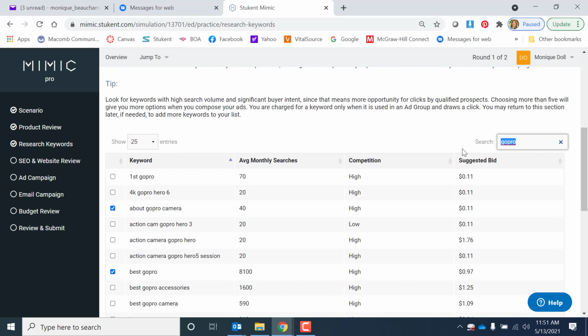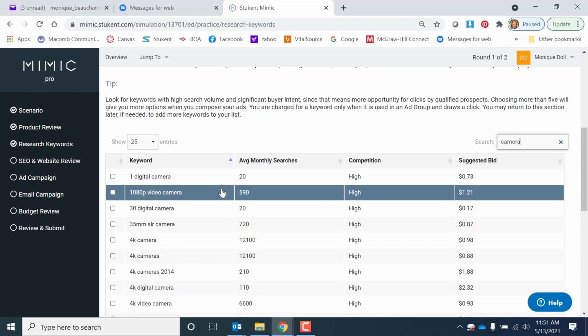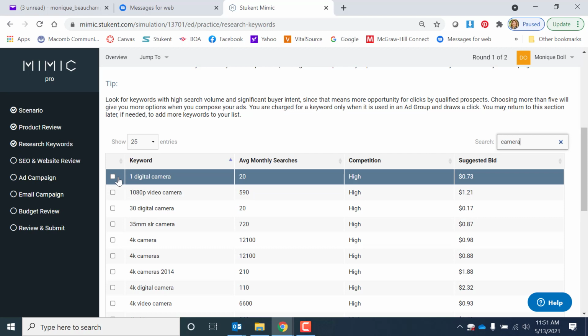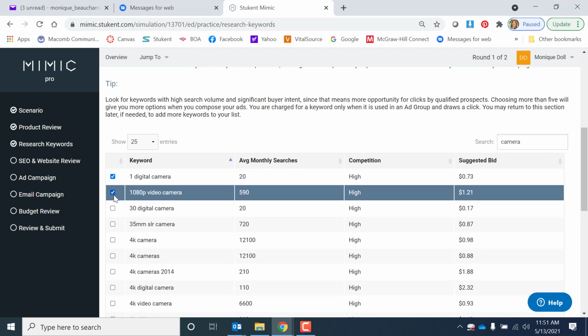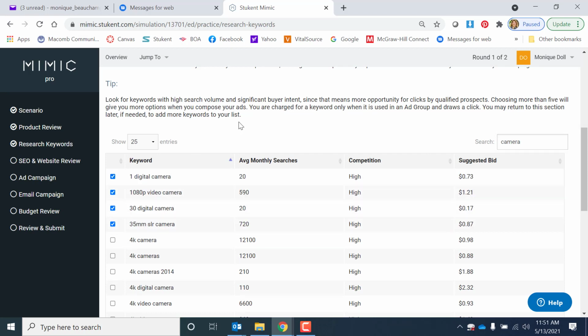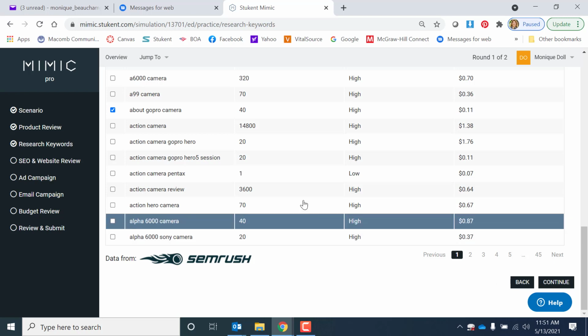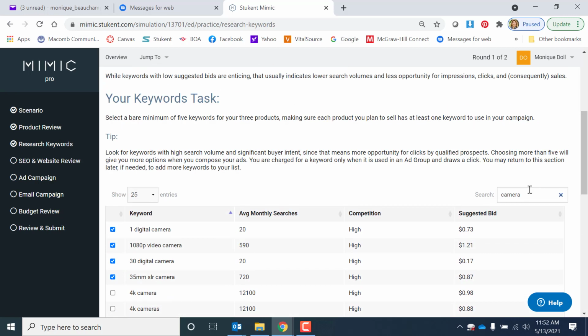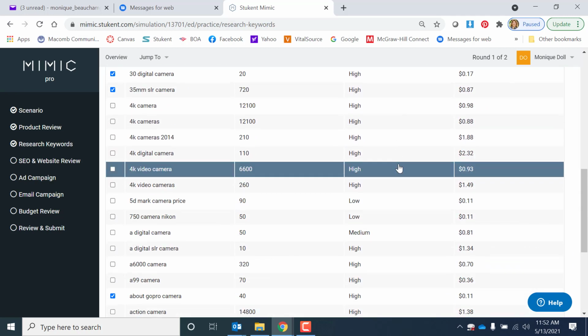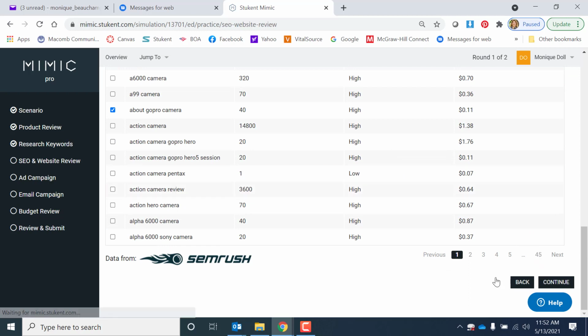Then you can do the same thing if you're going to advertise the Panasonic. So you can do the same thing for that one. You can also just look for words that have no brand. So digital camera, video camera, right? So you want to have a nice combination of all different types of keywords. So now that when you've done that, and there's lots of them. So I like using the search to help you refine your strategy. Now you're going to click continue, and